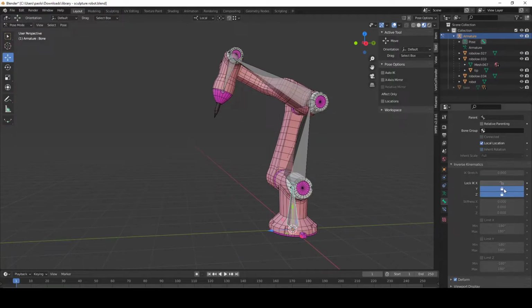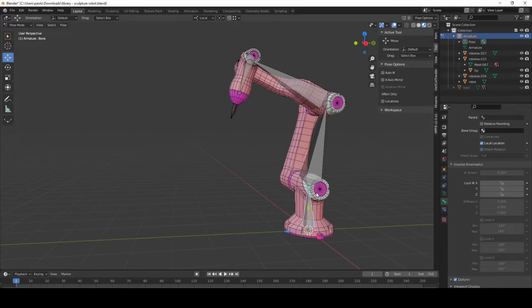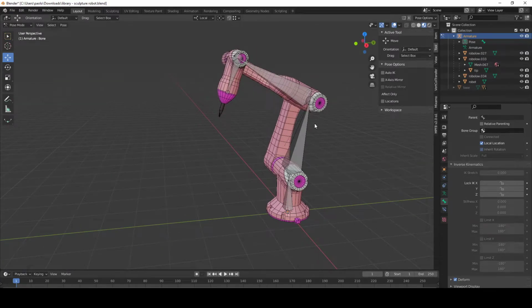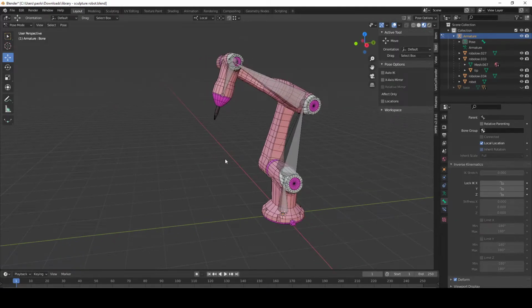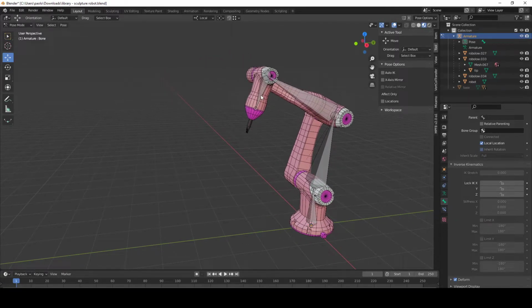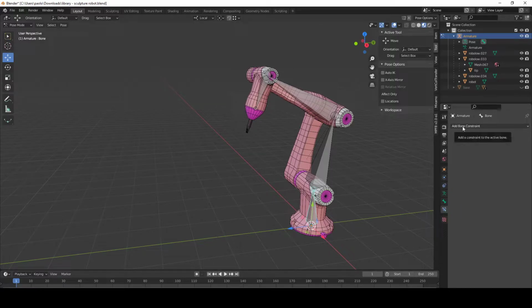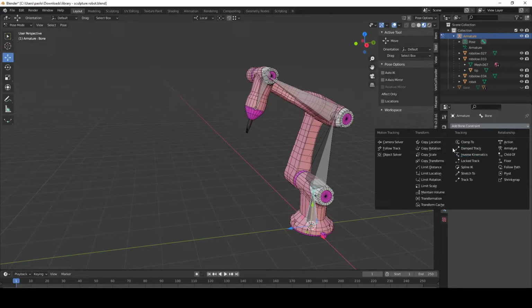The proper way to animate a complex mechanism will be to use a constraint. I'm going to show you just how that will work, perhaps for a more complex thing. I'm basically trying to do the same thing as now, but with a little bit more control. So say, for example, I don't want this bone to move ever, and so I can go to bone constraints in pose mode,